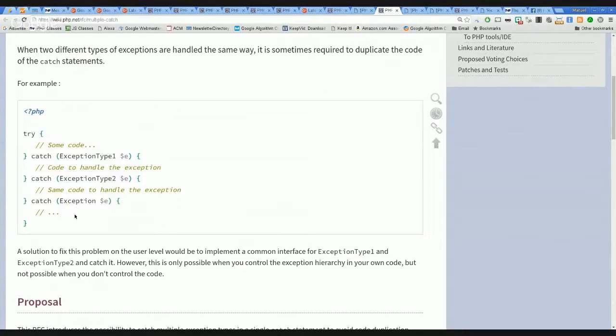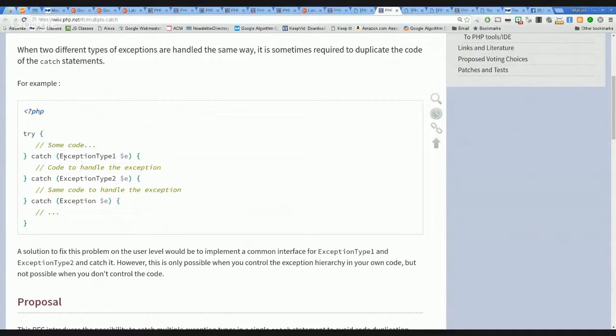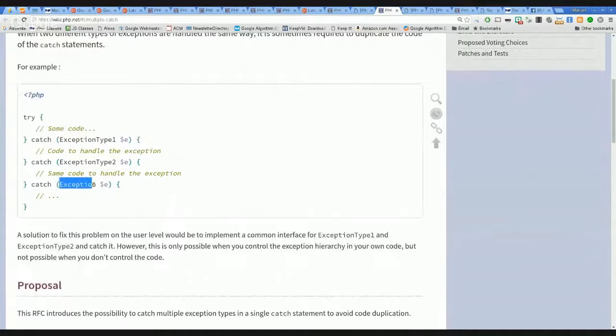So I think this makes sense. What I wonder is what is the default case? Would it be exception? The last one? Or final? I don't know. Let's say that the exception is not any of these types. Would it not catch the exception, or just default to the exception? Let's say it's a subclass of exception. I don't know exactly what it would do in that case. Yeah. Probably you should always catch exception in the end.